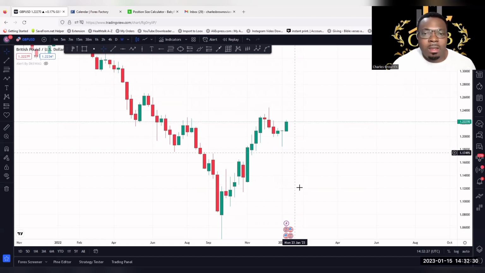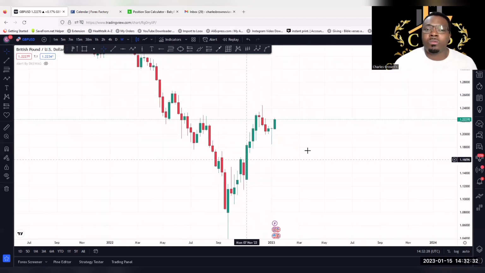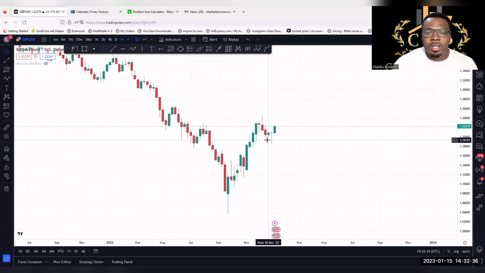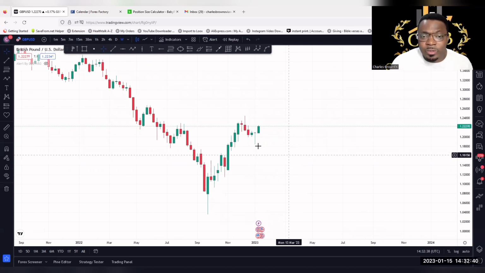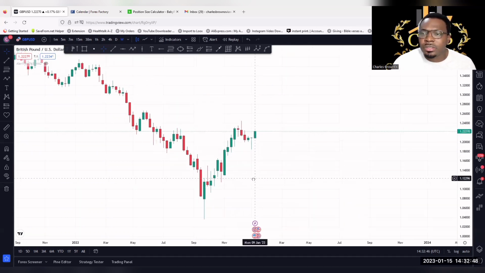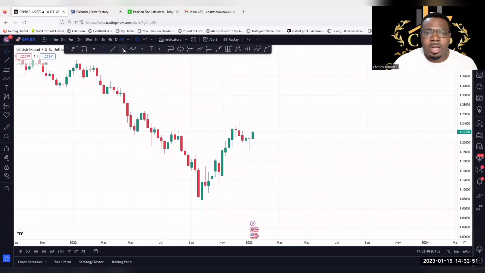Now, this is the 1 week time frame. As you look at what the market is doing, the other time we did an analysis in week 2, we were projecting the price is going to come to this high. Okay, this high here. So I'm just going to let you know what I'm looking at.